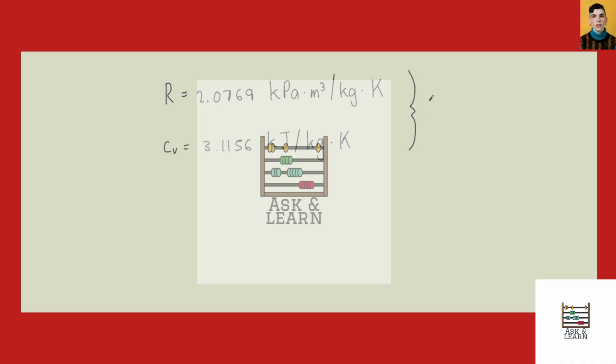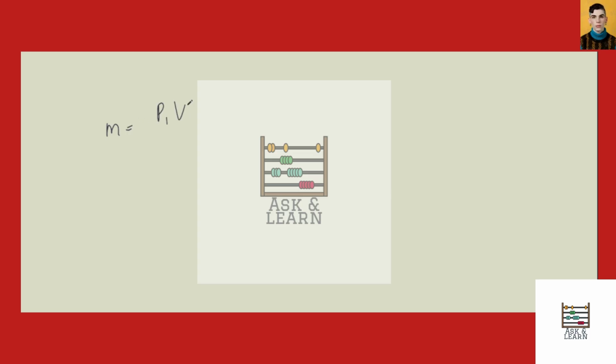Now, the gas constant of helium is 2.0769 kilopascal meter cubed per kg Kelvin, and the specific heat at constant volume, CV, is 3.1156 kilojoule per kg Kelvin. Now we get these values from our tables. So the first thing we need to do is calculate the mass of the helium and the exponent N for this polytropic process. So the mass of helium we get from the ideal gas equation,